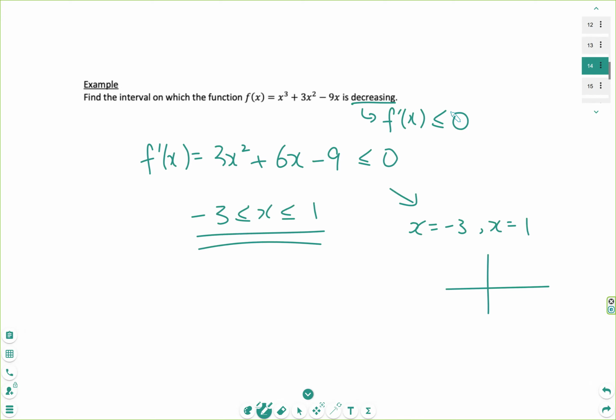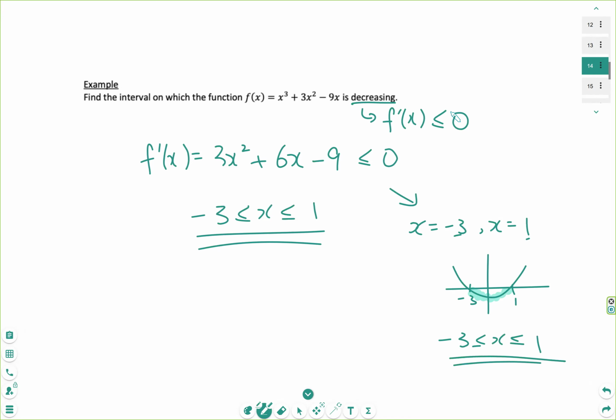Sketch a quadratic graph. It's a positive quadratic graph, so it's a U shape. The roots are -3 and 1, so mark -3 and 1 like this. We want the part that's less than 0. Less than or equal to 0 means below the x-axis. So to represent this part on the graph, it is -3 less than or equal to x less than or